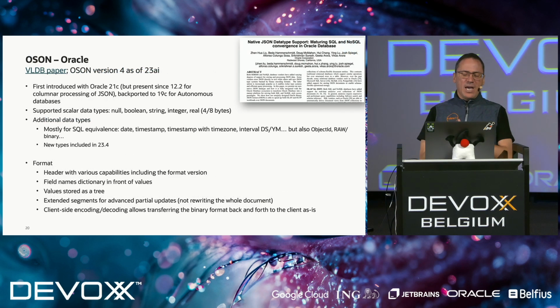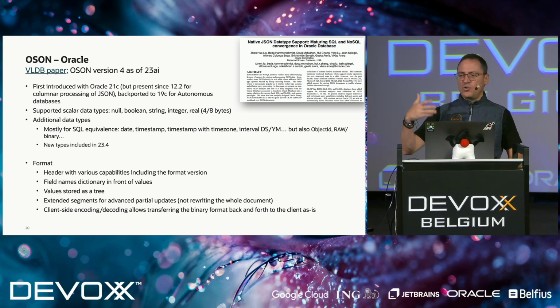And then finally, we have the Oracle format, which we call OSON. Again, it's also binary. It was added in Oracle 21c, which was released in 2021, backported to all their versions, so you can run it on premises or on the cloud version, and obviously available in the latest release, which is 23ai. Now, the difference in the format is that we have a header that also includes the version. I believe that out of the 4 different formats that we have showcased so far in this session, this is the only format that includes a versioning aspect.